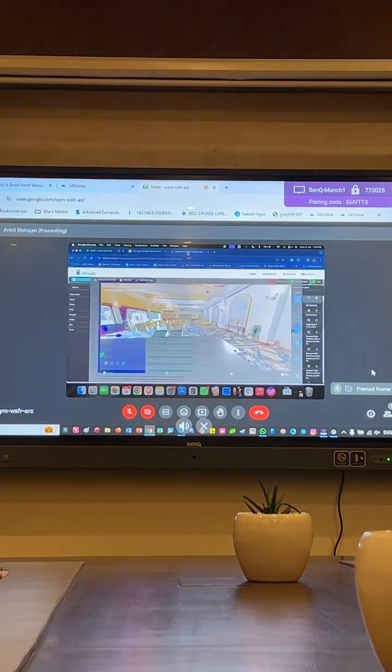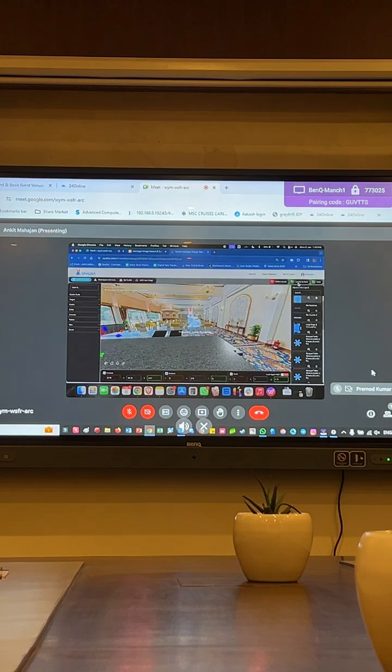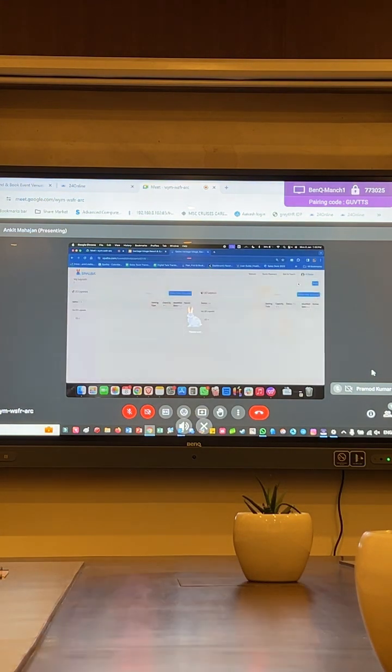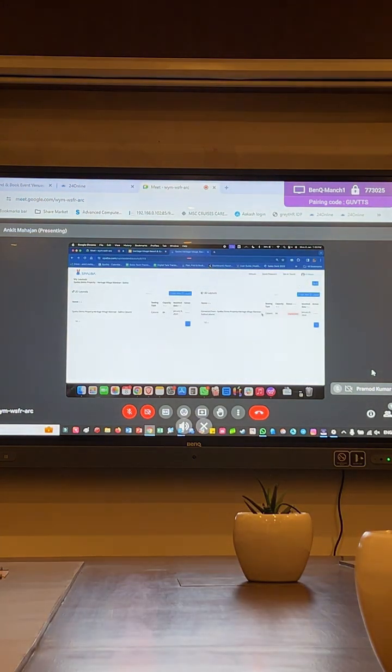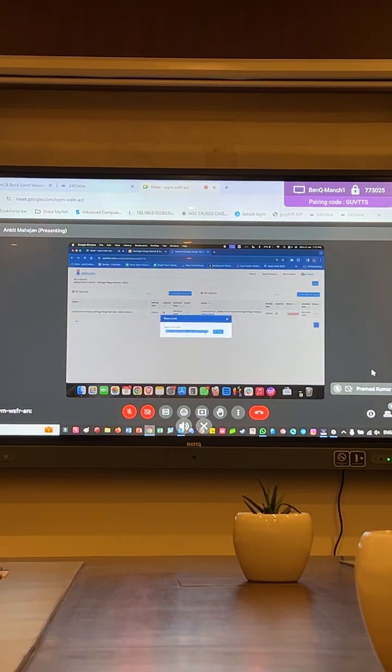Once you're happy with this, you have an option to save and go back on the top right hand side. Again, you just need to save that. So any changes that you made here will be captured. And again, if you click on the action button, you have an option to share link. Once you click on the share link, it will give you a link which can very easily be shared